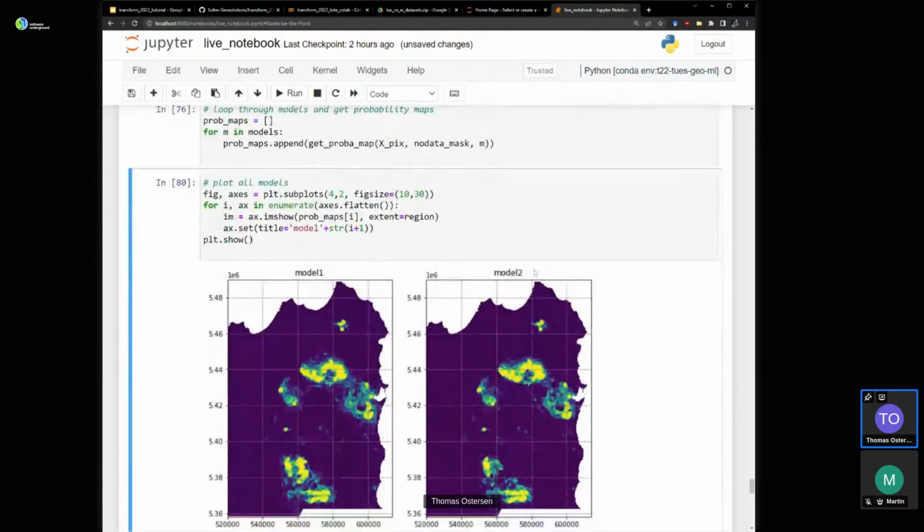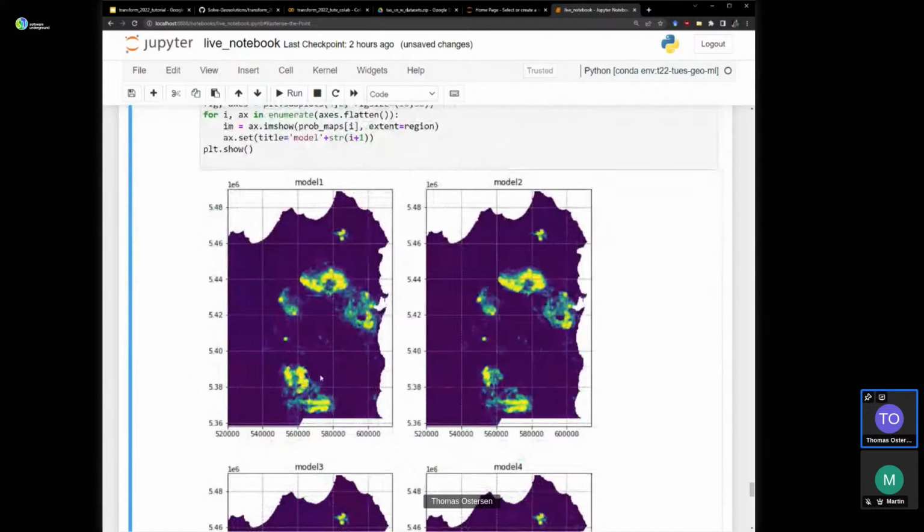Okay, pretty sure this model 1, which was meant to hold out cluster 1, didn't work. I must have screwed up the data selection function there. But this one, model 2, has held out the occurrences just here, and we can see that's substantially different from that one. And when it's held out, you obviously don't get the same pattern, but you do get some prospectivity or probability that the model thinks the pixels are proximal in that area.